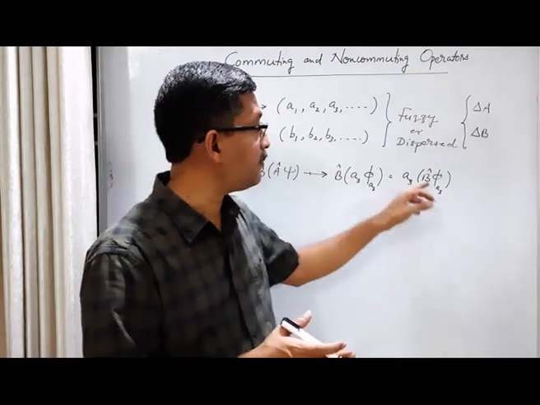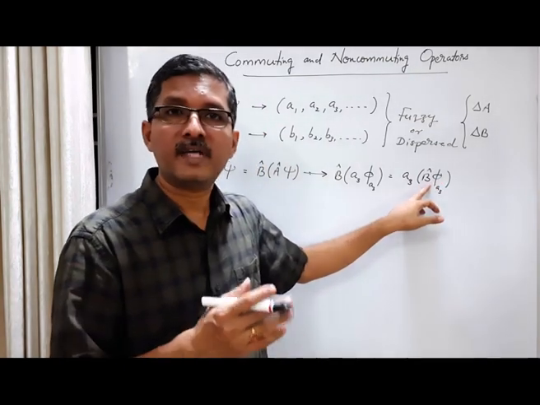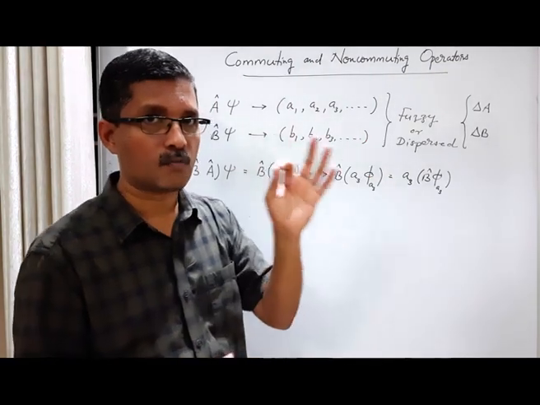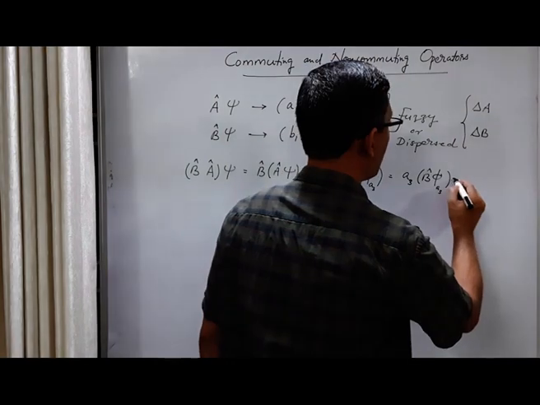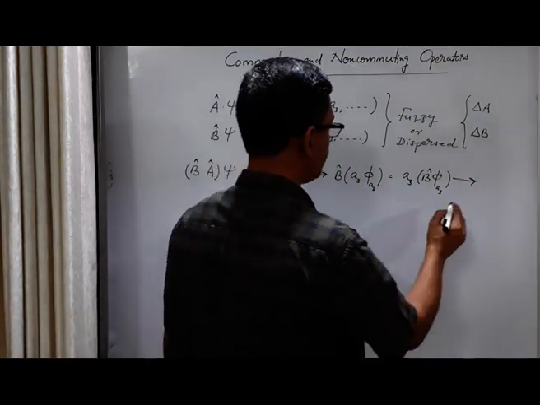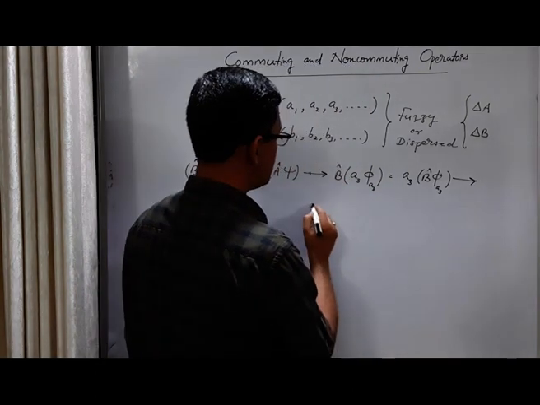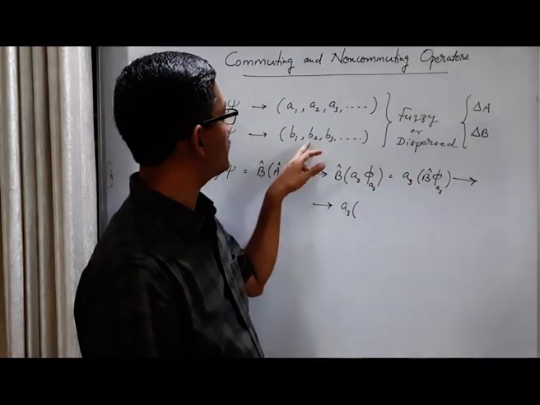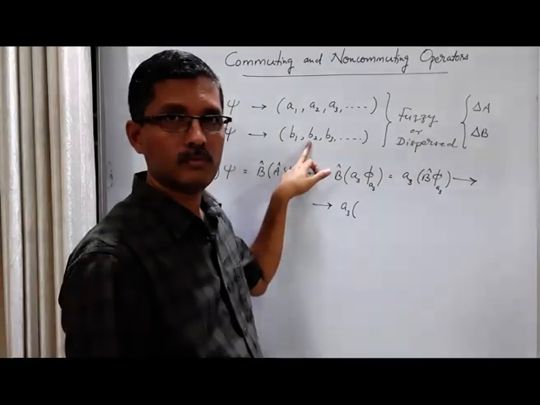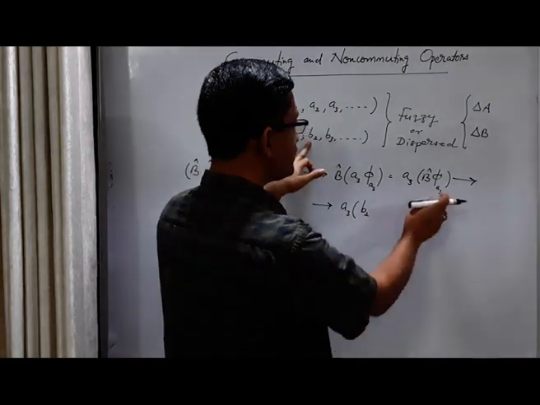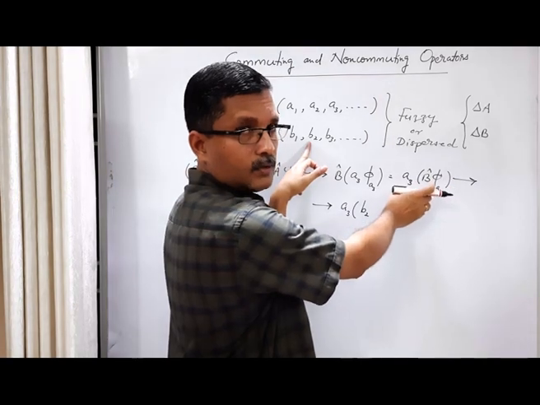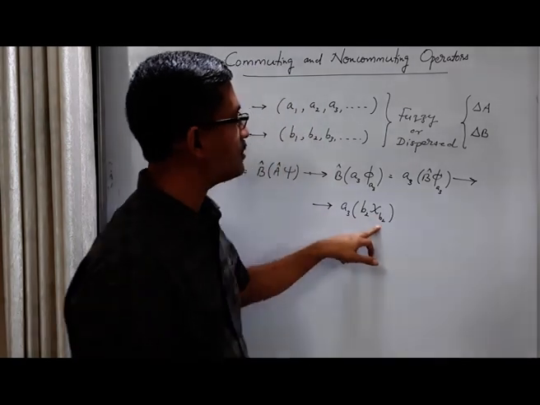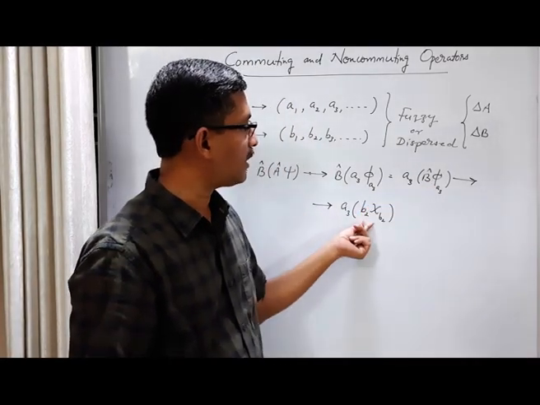Then what happens when we measure B in this general state? We can get any one of the eigenvalues of B with different probabilities. Let us consider one possibility from here. So there is again a collapse. Let us say we get the eigenvalue B2. This general state phi A3, a general state for the operator B, collapses to, let us say, chi B2, where chi B2 is the eigenstate of the operator B corresponding to the eigenvalue B2.